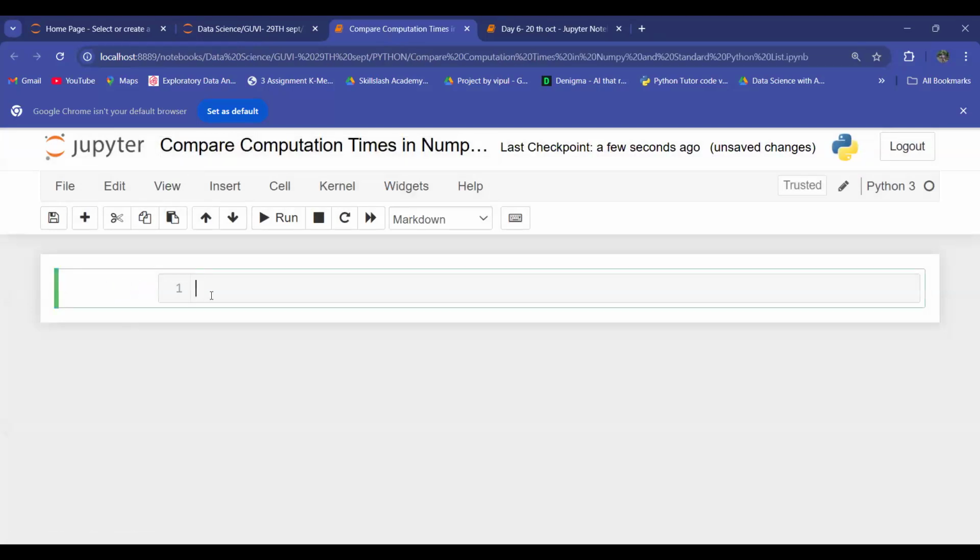Now, just a disclaimer. Now that we know how to use NumPy, let us see code and witness the key advantages of NumPy. That is convenience and speed of computation. In the data science landscape, you'll often work with extremely large data sets, and thus it is an important point for you to understand how much computation time and memory you can save using NumPy compared to standard Python list. So let's compare the computation time